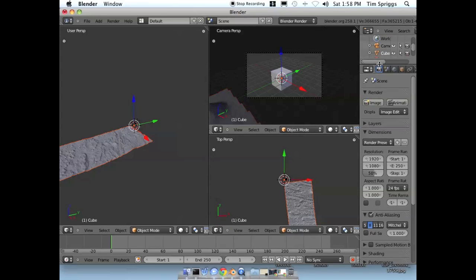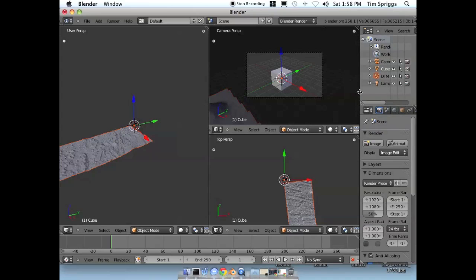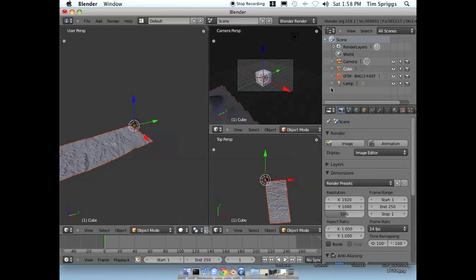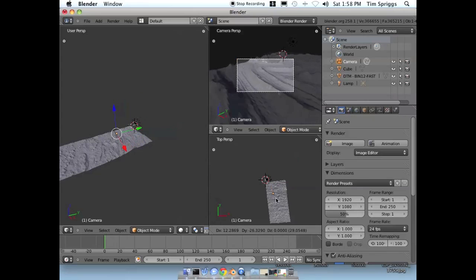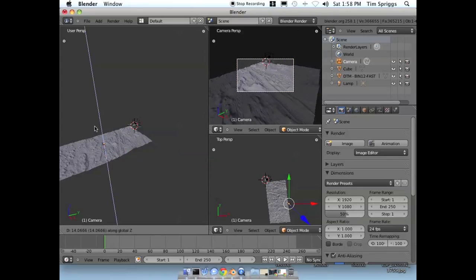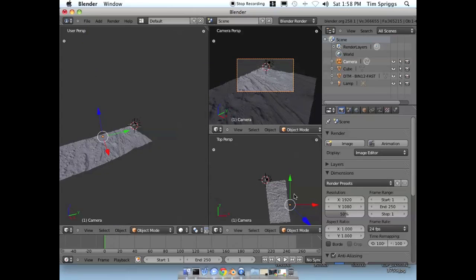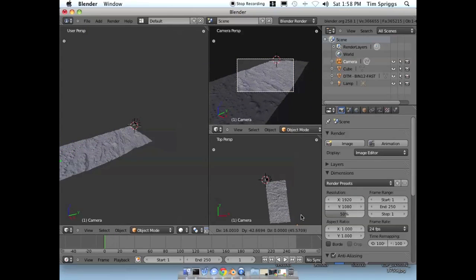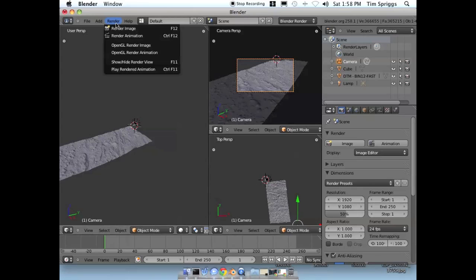So I'm going to go ahead and change my scene a little bit just so the tutorial will work a little bit better. And so if we select our camera, we can grab the camera and kind of move it around. If we say GZ, then we'll grab it on the Z axis so we can move it up, and eventually just kind of place your camera somewhere that you think looks nice. And if we do our default render,